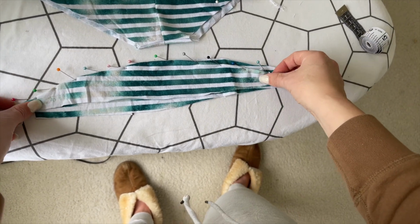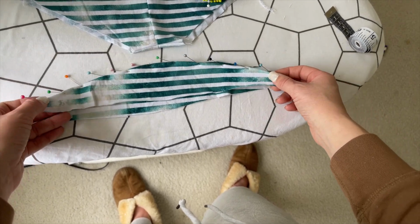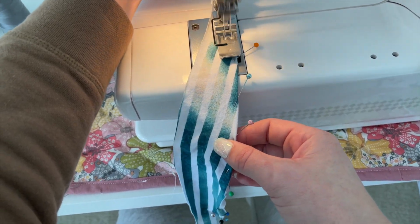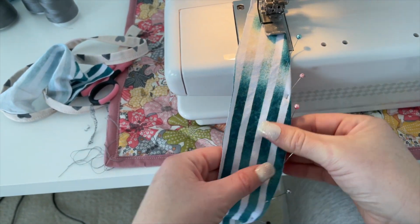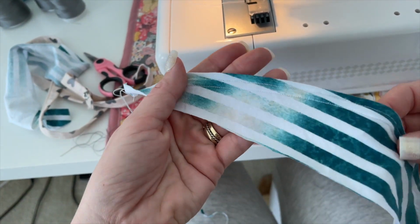When you're done pinning, it will look like this. The hem is turned towards the wrong side. I'm going to use a cover stitch machine to sew down my hem, but you could also use a regular sewing machine using a zigzag stitch. You could probably even get away with a straight stitch for this because it's not going to really be stretched